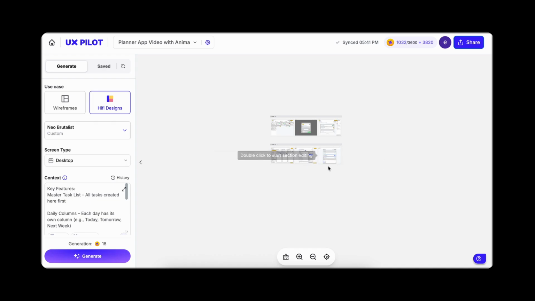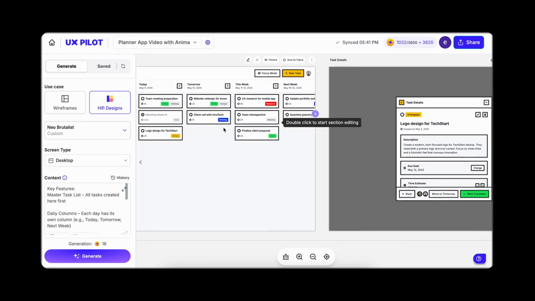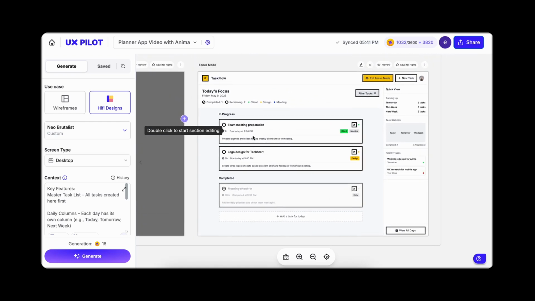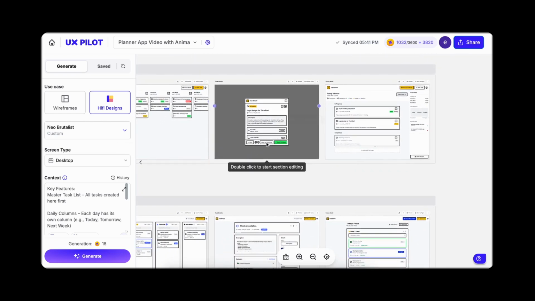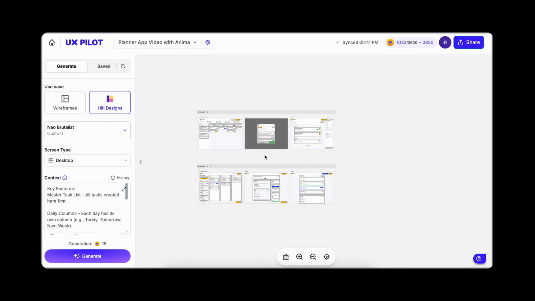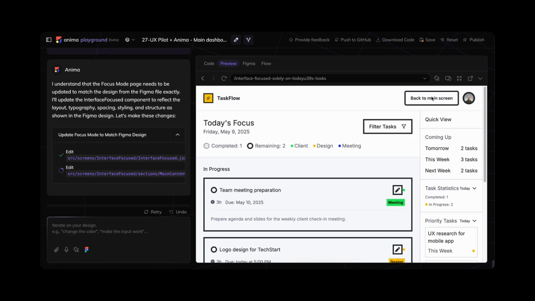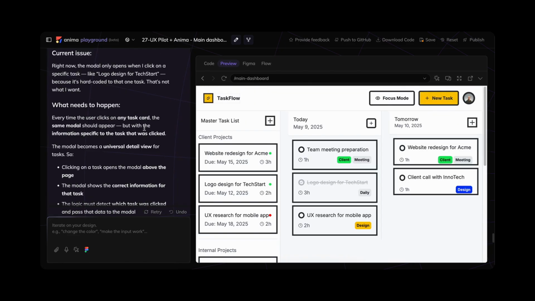Imagine this. You design a full flow with AI, turning into a real working prototype. No code, no handoff. Just design to prototype, done. In this video, I will show exactly how you can do it using UX Pilot and Anima. We'll go step by step, from generating smart screens with design systems to building interactive logic-based prototypes that actually feel